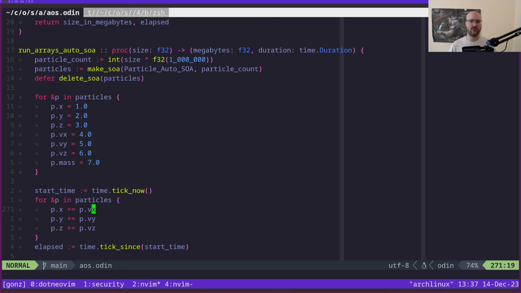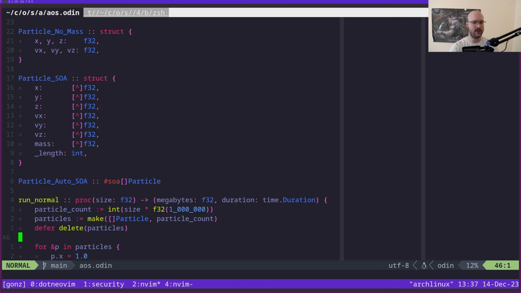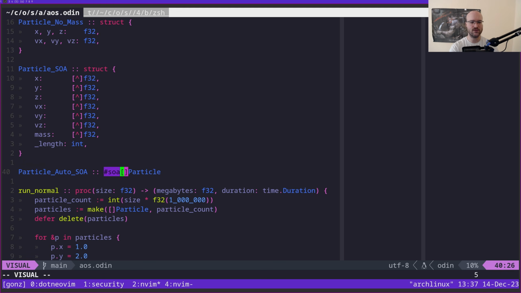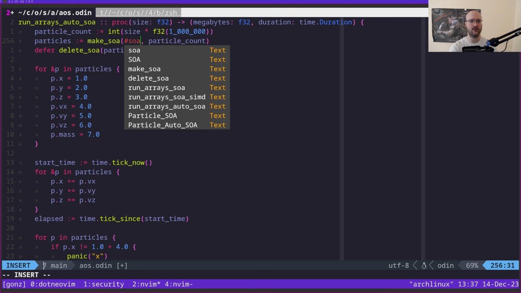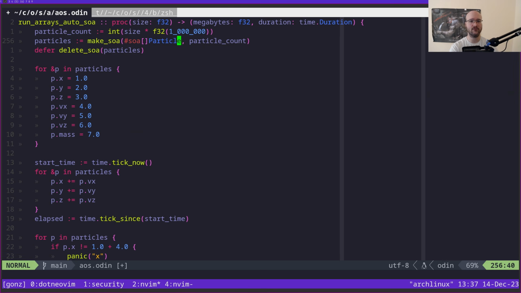Having many of the same things in one place so we can load them all, that is what makes this faster, right? And so yeah, I wanted to go over this. And again, the takeaway here is that you can use the #SOA keyword with some slice type here in order to do these things. And as I showed before, you can also just do this here. You don't have to define a type for this if you don't want to, right? It is entirely possible to just say this,